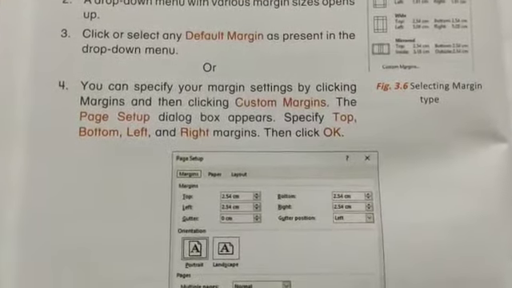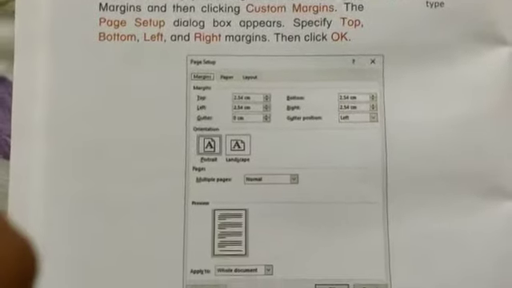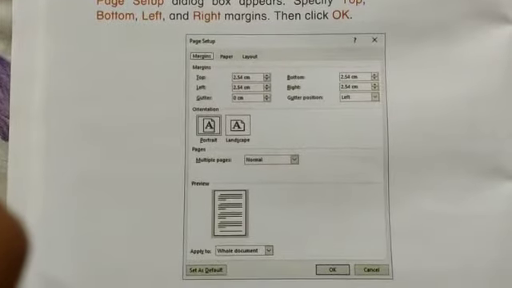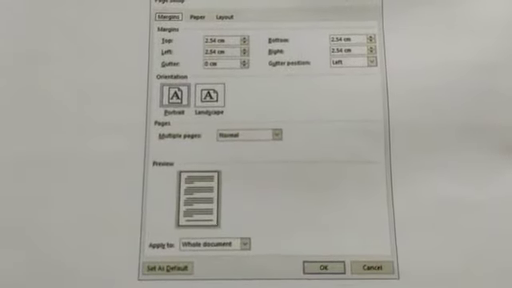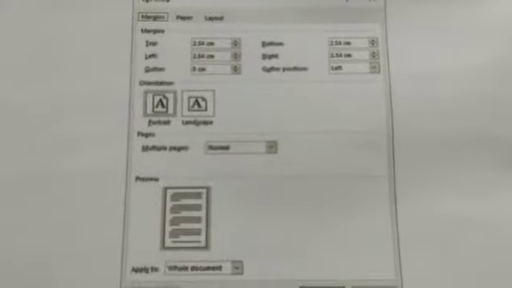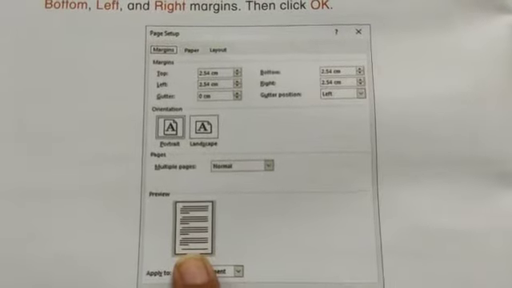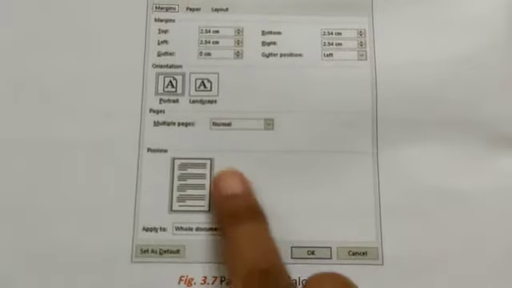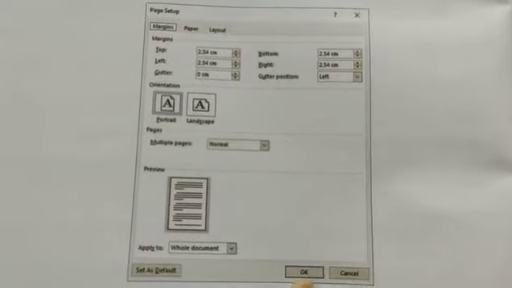Specify top, bottom, left and right margin, then click OK. You can see it in figure 3.7. It will show you a preview of how your page will look, and if it is OK for you, you press OK and it will be done.